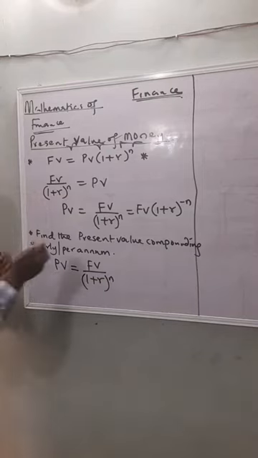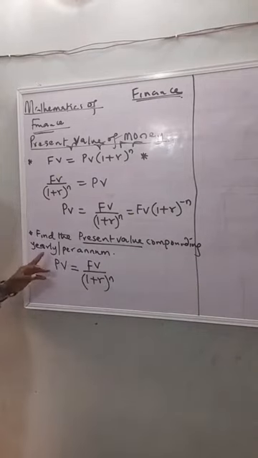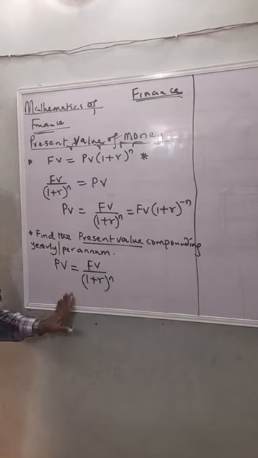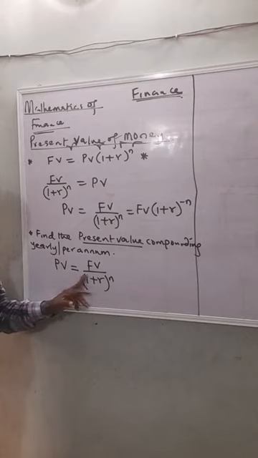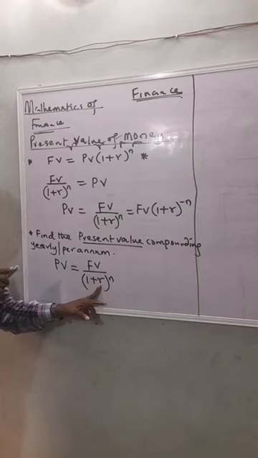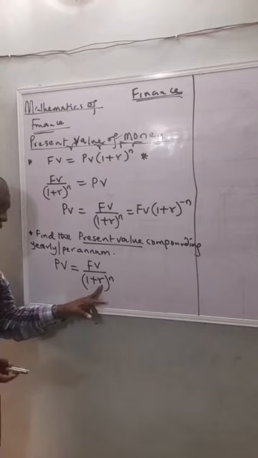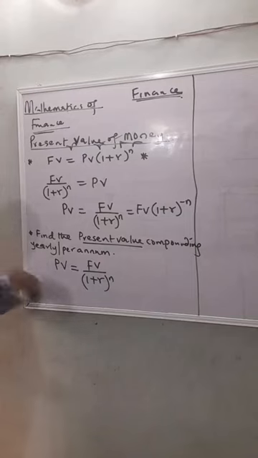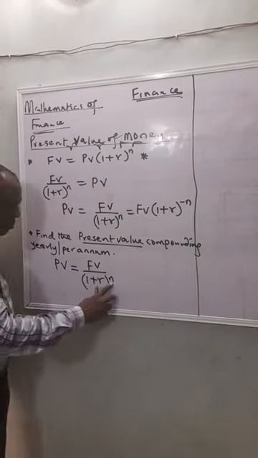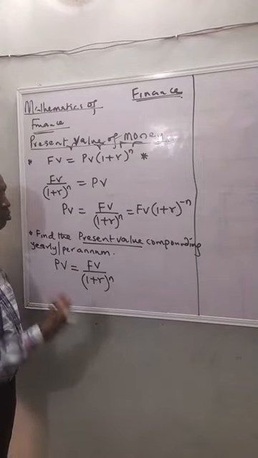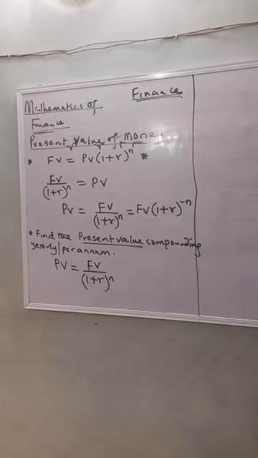When you're asked to find the present value of money, compounding, that's multiplying. Compounding yearly or per annum, this is the formula to use. FV is the future value, while this ordinary one is the whole number, R is interest rate. The R can be, they can write I, some may also write K, they all mean the same thing. R is the rate of interest or interest rate or the growth rate of the investment. And this is raised to the power of what? N. N here is the number of years, which is the duration. That is how to calculate present value of money, compounding yearly.